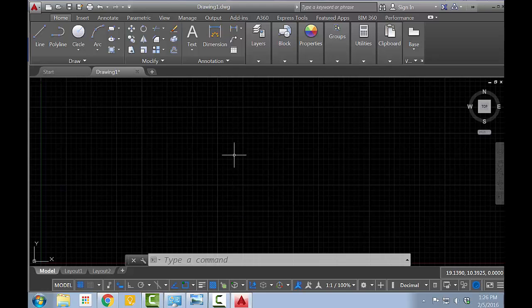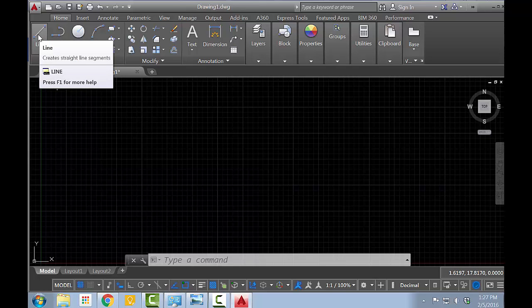First thing I'll do is show you how to draw a single line. Now with anything in AutoCAD, almost any command that you have, there are at least one or at least two, maybe three ways that you can carry out that command. So with the line command, if I want to draw a line, you go up here to the top left